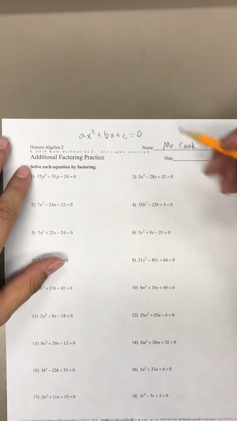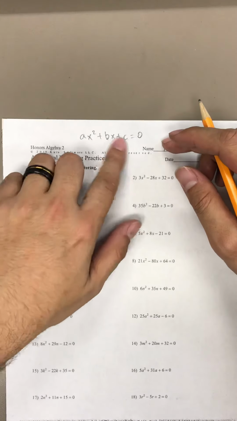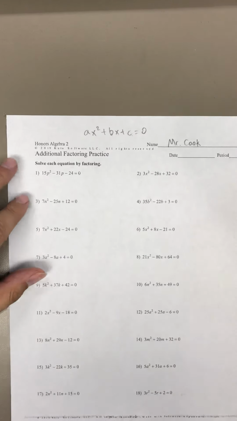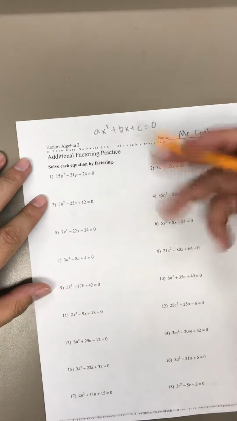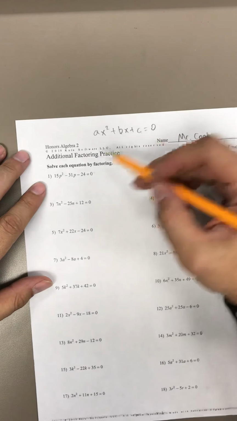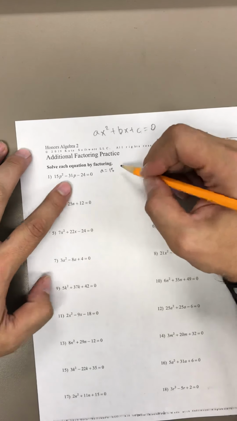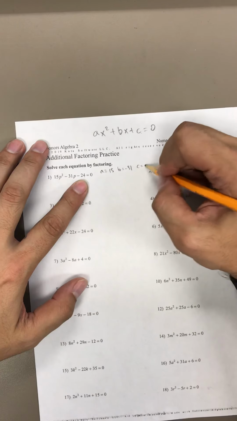And it's also how we get to quadratic formulas. So keep in mind that knowing all of those values is going to come in handy, even when we're not factoring. Okay, so when we want to start factoring, we want to establish what those values are and then go through the process of factoring. So the a value, the b value, and the c value are as follows. A in this case is equal to 15, b is equal to negative 31, and c is equal to negative